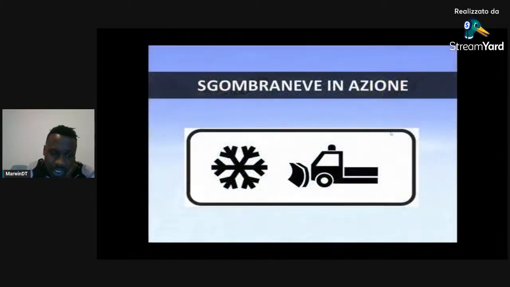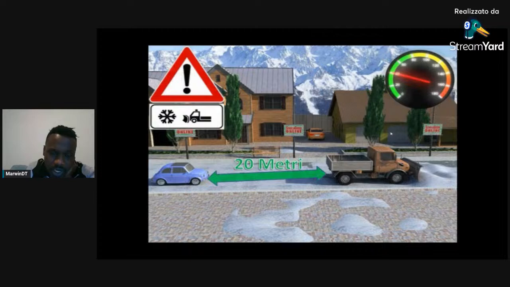Sgombraneve in azione, which is the vehicle that cleanses the road from the ice or from the snow. Do not forget, we have to keep a distance of 20 meters from that vehicle. The same distance must be kept also from the vehicle that spreads salt on